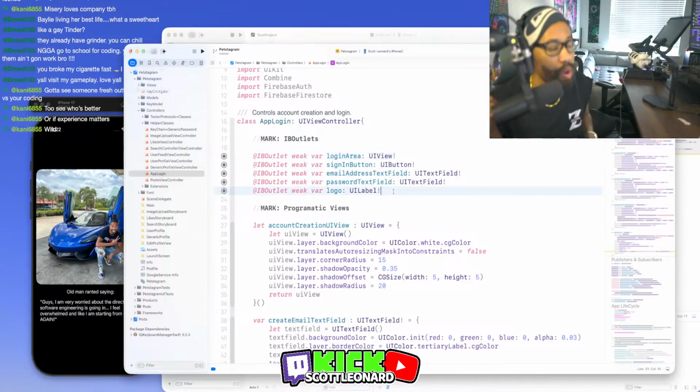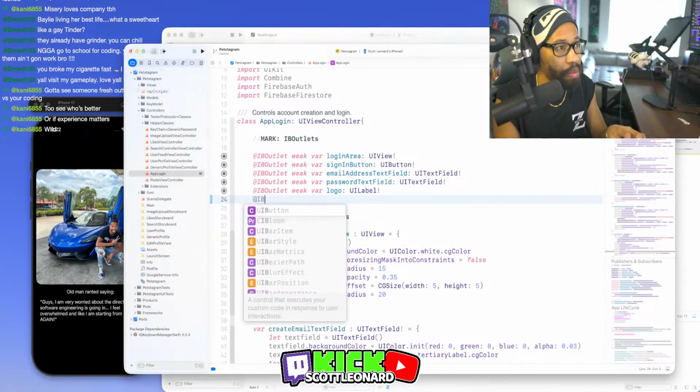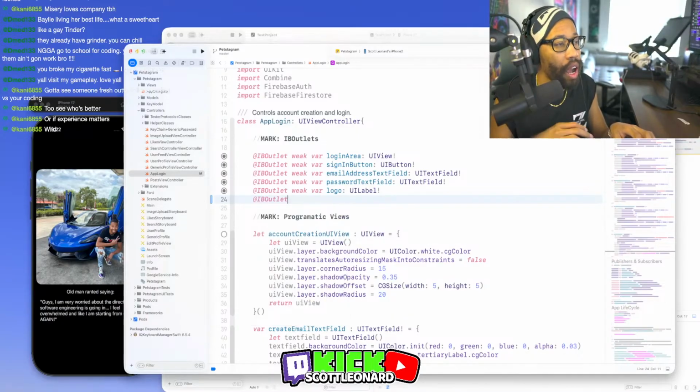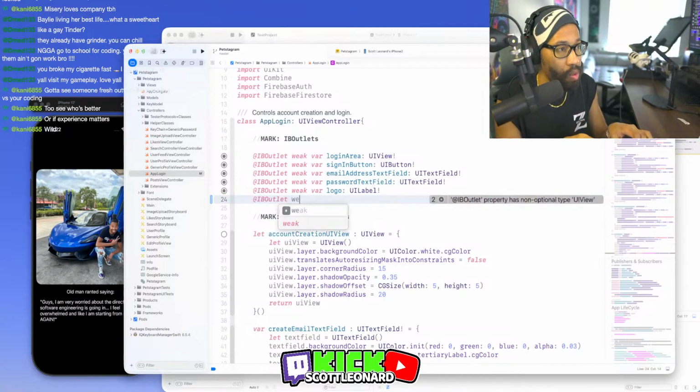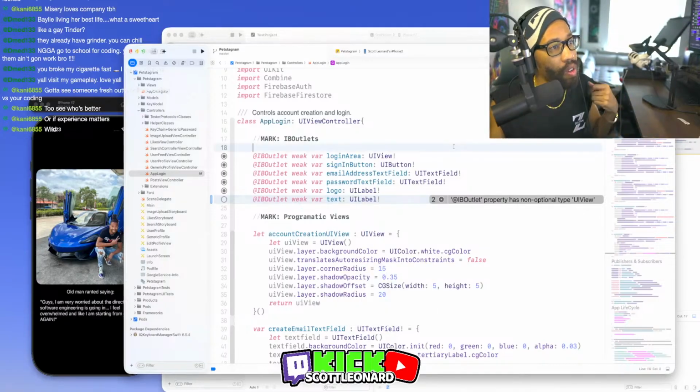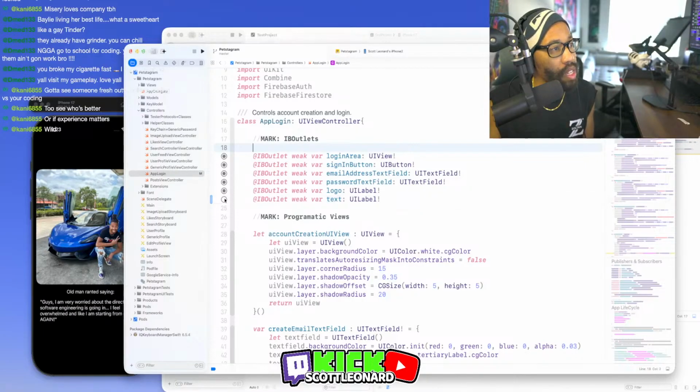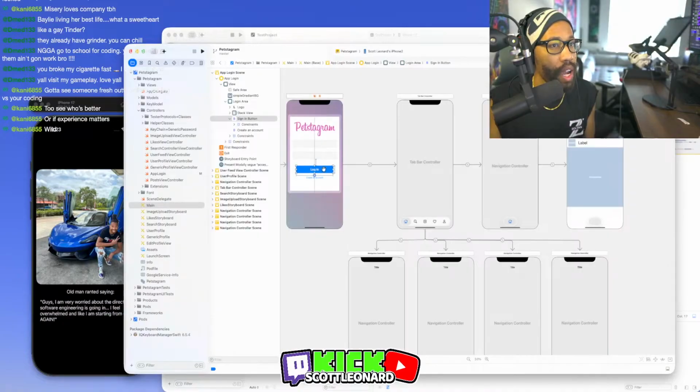So if I add a new IBOutlet, and IB stands for Interface Builder, by the way, weak var test, let's just make a fake label, UILabel. You'll see that now there's an empty circle here, right? And this empty circle, if I go to the storyboard, I can drag and drop the items onto these circles and it will connect them. So if we go back to the storyboard, you'll see if I click on one of these items